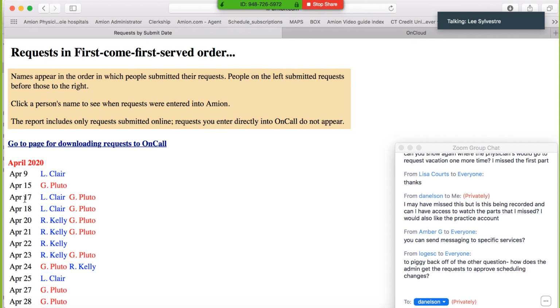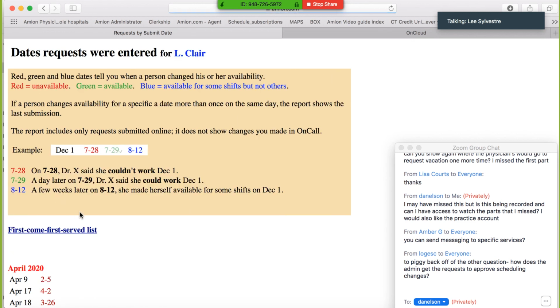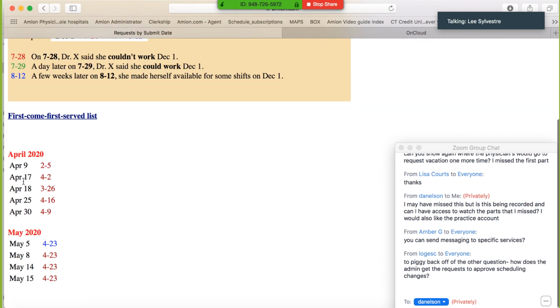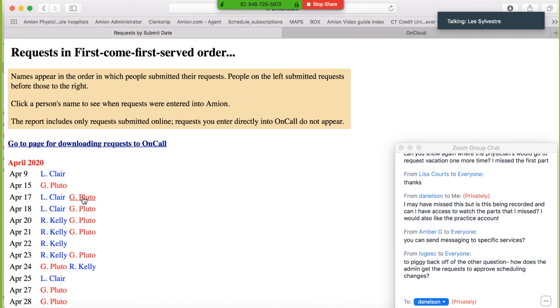So some people asked for April 17th off, L. Claire and G. Pluto, and they're in the order they submitted their request. So at a glance, I can see L. Claire asked for this day off before G. Pluto did. If I want to see more details, I can click on their name. L. Claire, these are all of her requests. She asked for April 17th off on April 2nd. Okay, cool. Back in the list, if I click on G. Pluto,